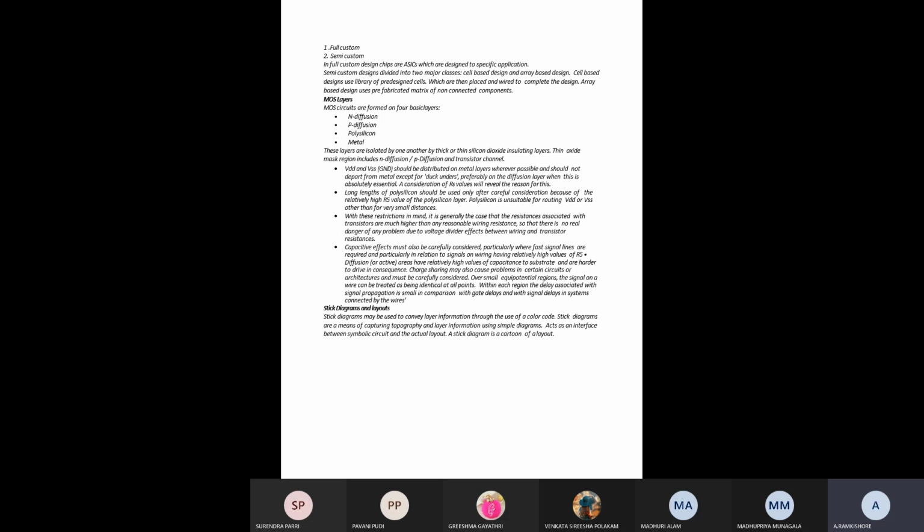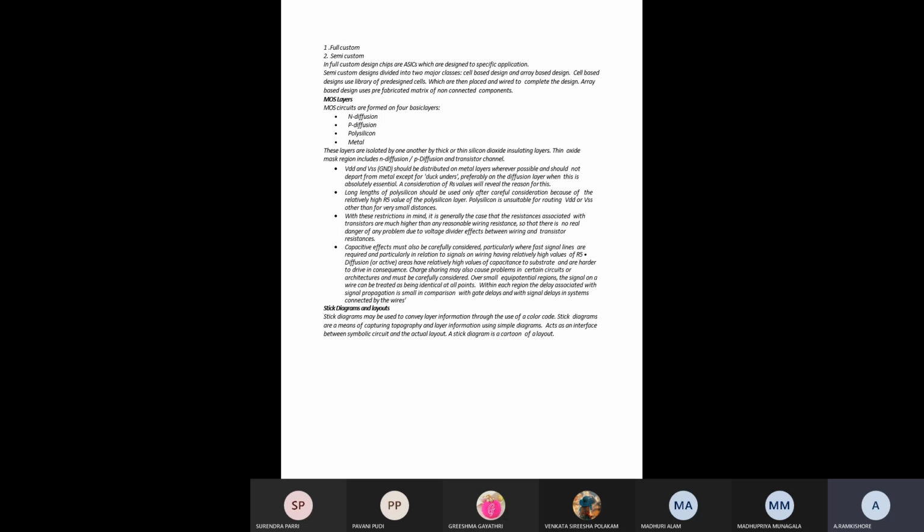Those transistors mainly have four basic layers: N diffusion, P diffusion, polysilicon and metal. These are the different layers involved in the MOS devices.